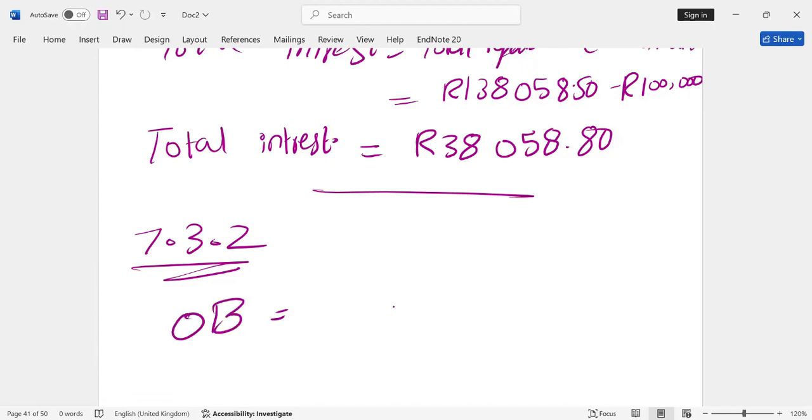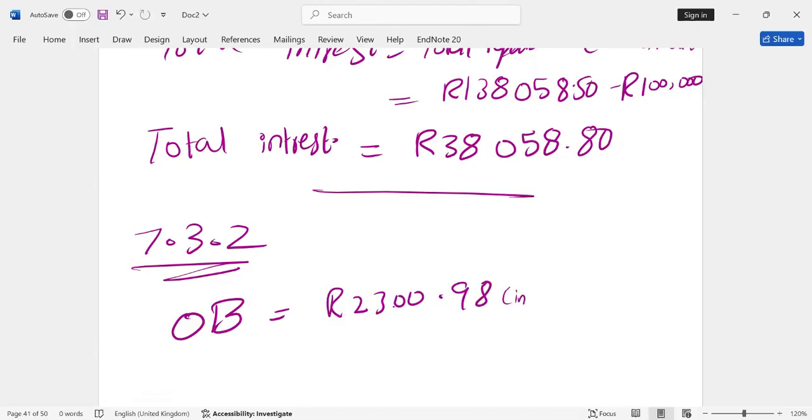After the extra payment, that is R20,000, the payment on this date is this: we have R2300.98, this is the installment,